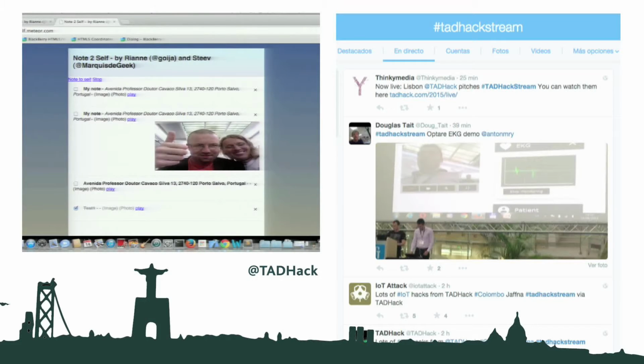Then at 3 o'clock, we thought, well, we've got this geolocation API. That's really great, but it's not very TADHacky. So we thought, well, let's use the getUserMedia object to be able to store pictures as well as voice clips in the to-do list. And then we sort of said, yeah, we're really running out of ideas here, so we just finished building it. So what it is, the idea is it's a one-click system,